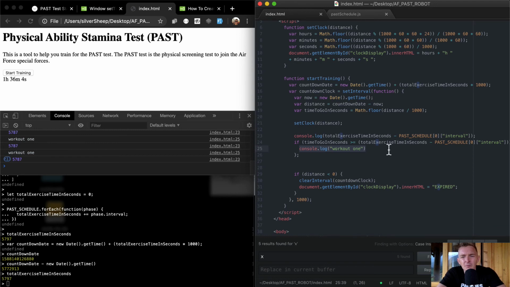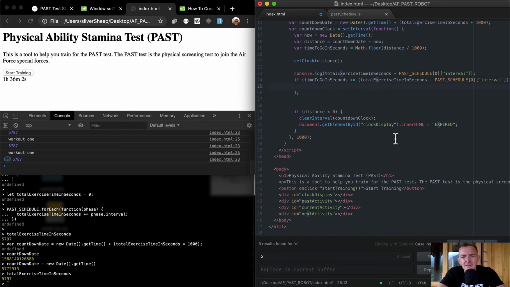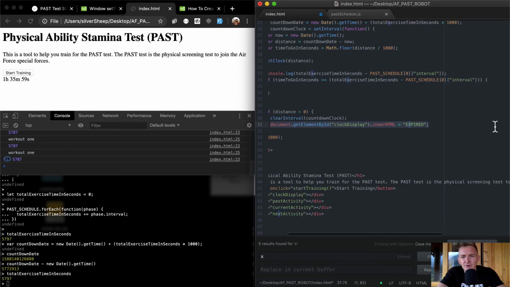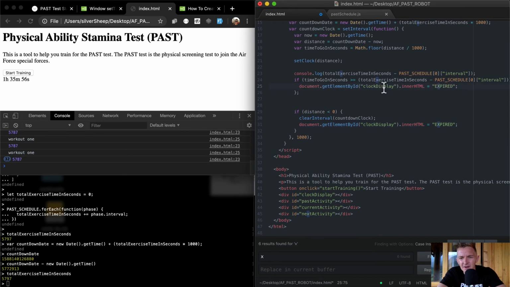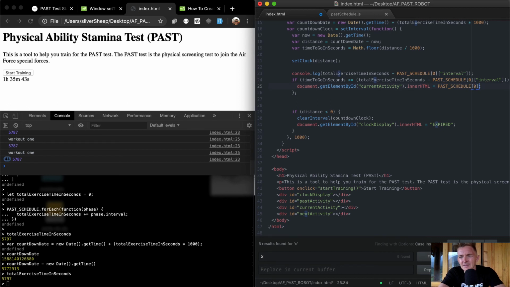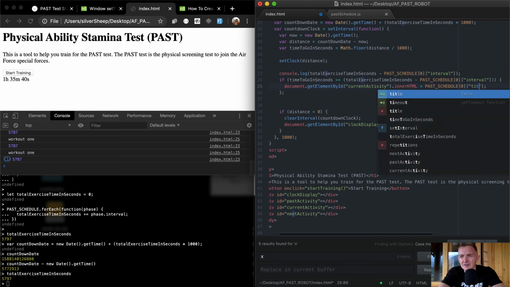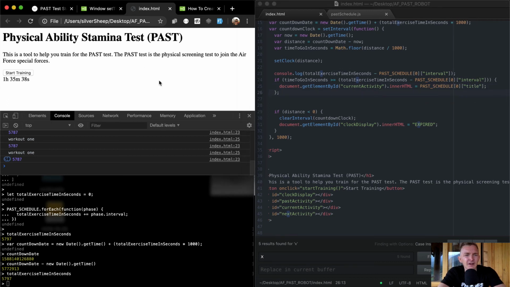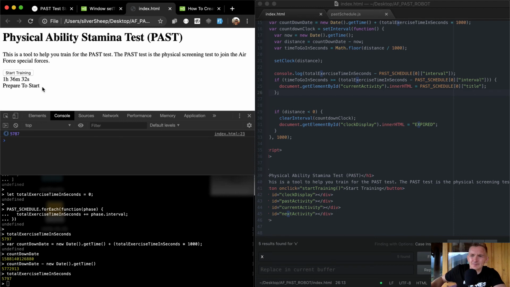Now instead of saying workout 1, we want to add to the situation, right? So what we want to do is say document.getElementById, and we want to say current activity. And we're going to make this equal to the past schedule at position 0 and the title. So we're adding the title of the workout into here. So if I refresh the page here, prepare to start. Okay, cool. And after 10 seconds, this should, well, actually it won't do anything because what we need to do,